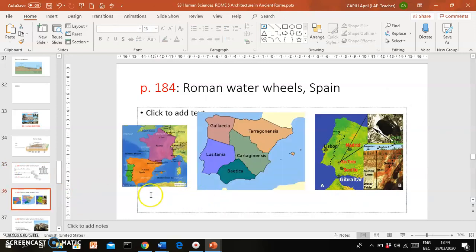Just to give you an idea where Rio Tinto is, where those copper mines were. If you zoom out, you see France, Spain, Portugal. You zoom in, it's here. This region was called Lusitania in Roman times, and Rio Tinto is there towards the south of Spain. Okay,